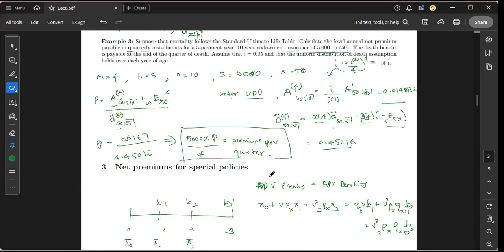So then first you have to think about the annual and then think about the compound monthly interest rates and then convert it accordingly. Most of the time, if we assume the UDD assumption or uniform distribution of death, we can use that alpha x and alpha m and beta m equation to calculate the discrete monthly compounded annuity due